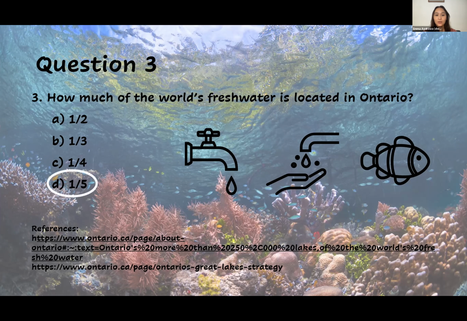Yeah, so 20% of the world's fresh water is actually in Ontario when you take into consideration the Great Lakes. So we're looking at Lake Superior, Huron, Erie, and Ontario, which is where 80% of Ontarians get their drinking water from. And within the Great Lakes Basin, there are over 4,000 species of plants, fish, and wildlife. So these are incredibly important for us to protect, not only for ourselves, but also for all of the species